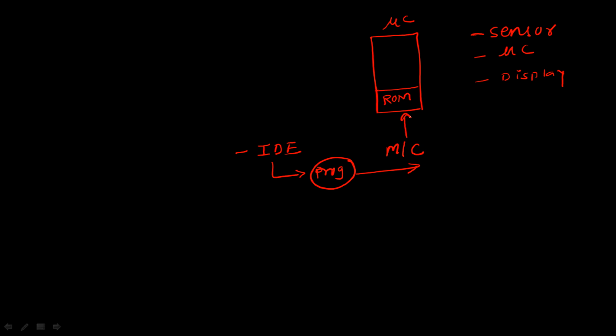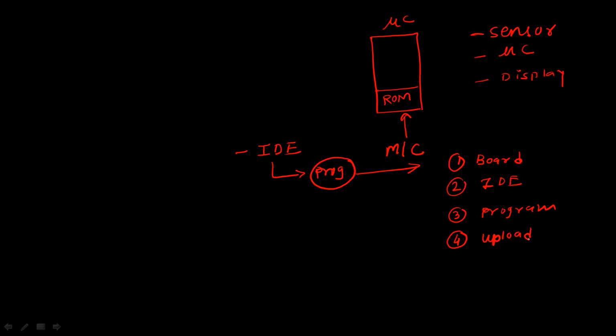Okay. Now in the Arduino IDE, the very first thing you will require is a board, that is, the Arduino board. Okay. Then the second thing you will require is the IDE, that is the software part. Okay. Third thing you require is a program. Okay. Then write the program using this IDE, that is, the integrated development environment, and then the next step is verify, select the COM port, select the board, and then click on upload. Once you upload that particular program on the Arduino board, then your Arduino board will work according to your program. Okay. So this is related to the programming part of the microcontroller.